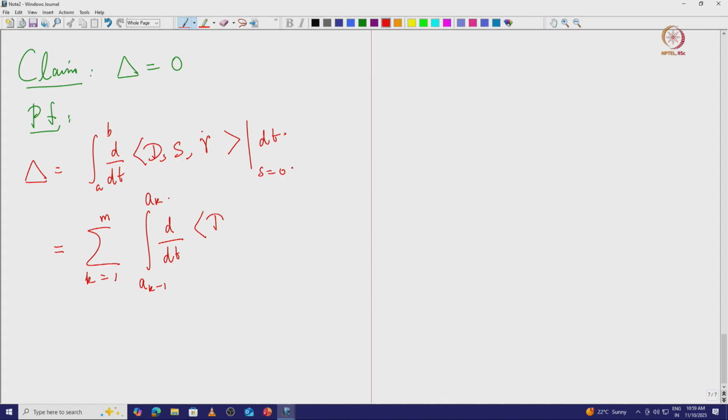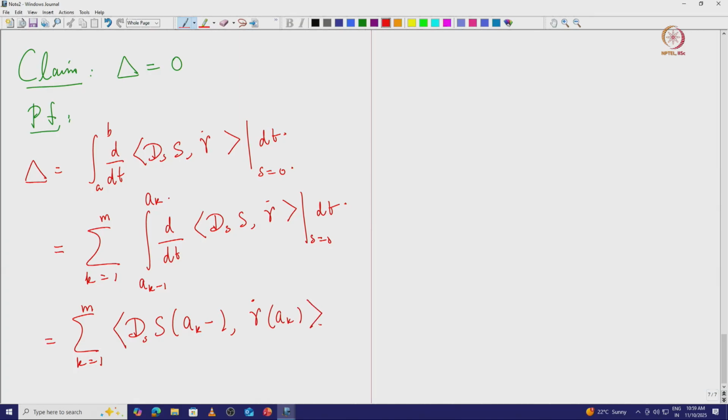So this is precisely this, right. So on each of these sub intervals I apply the fundamental theorem of calculus. So this is going to be summation k going from 1 to m of the term at ak minus, comma gamma dot at ak, okay, minus